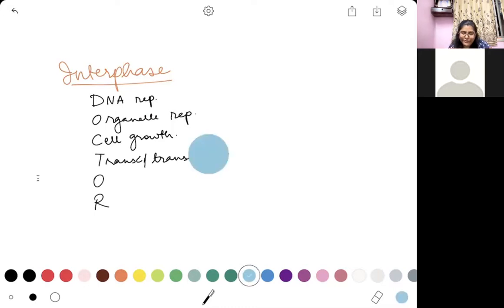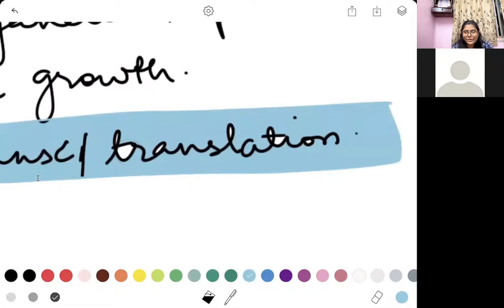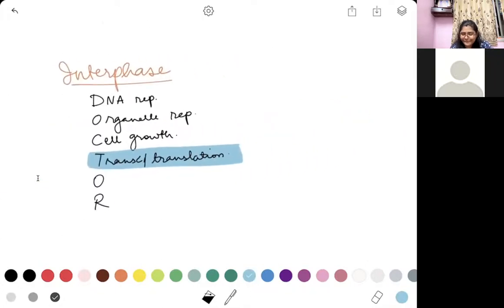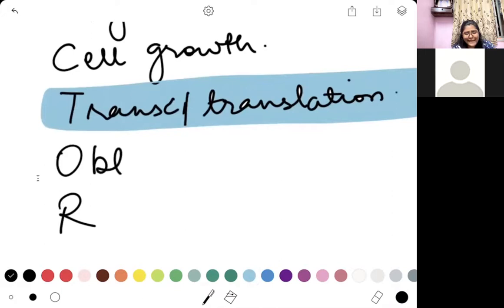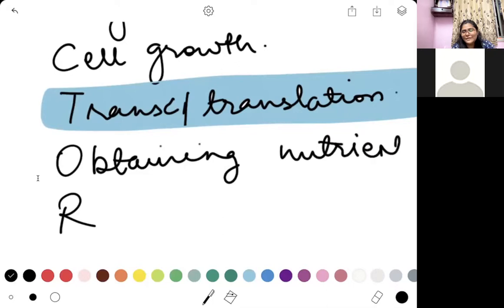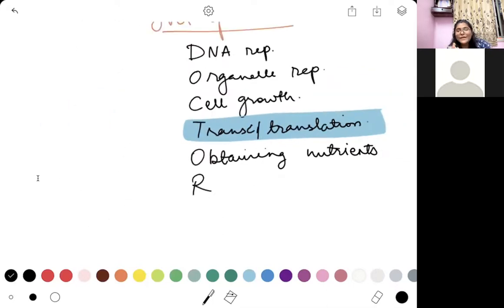You definitely want to remember this sentence more importantly. So these two processes that we are going to talk about when we discuss nucleic acids, the entire process of replication of DNA and reading of DNA, is taking place at your interphase. It is also during your interphase that your cell is obtaining all the nutrients in order to survive. And these nutrients are going to be used by the cell during the cell division process, while it is undertaking this mitotic growth, also called the M phase.